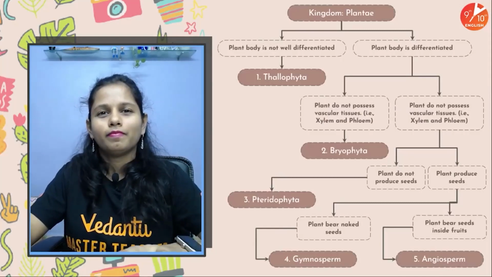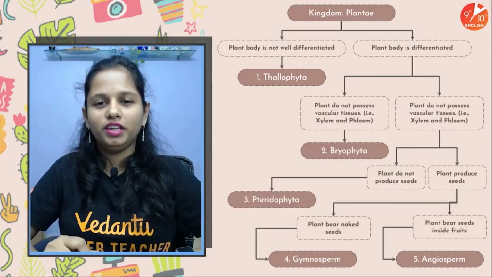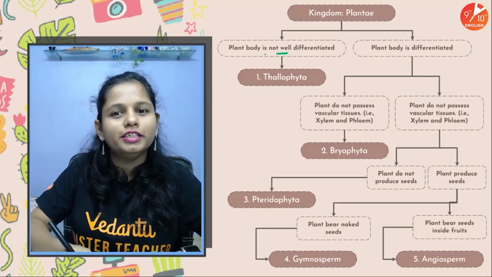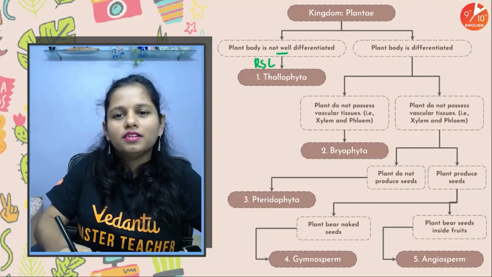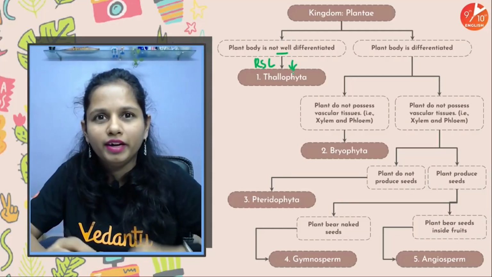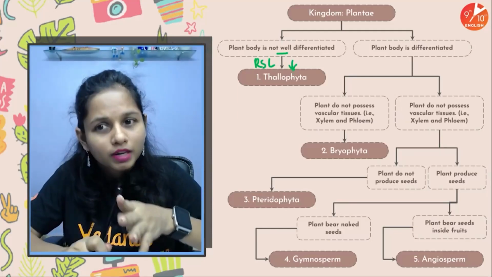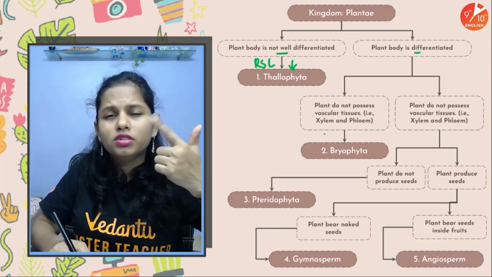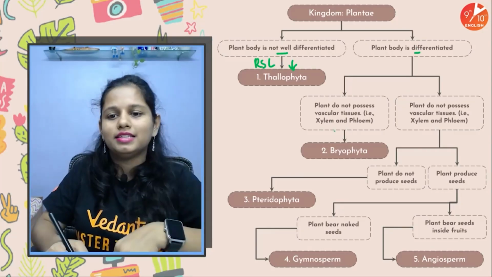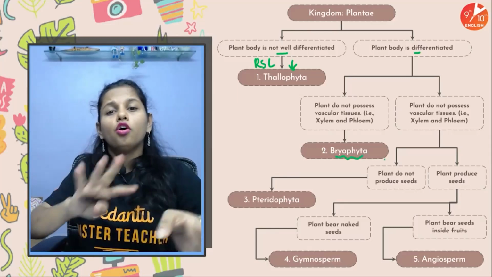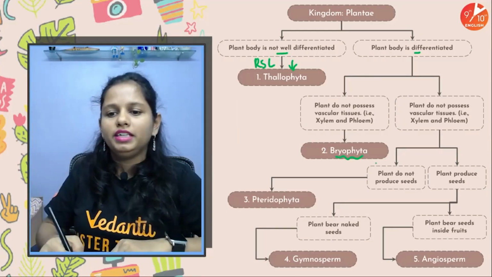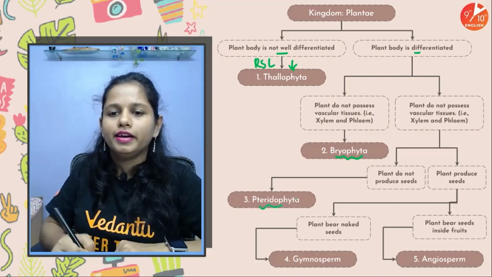So kids, the entire plant kingdom is very easy and simple to classify. If the plant body is not well differentiated into root, stem and leaves, then the plants are called Thallophytes: Spirogyra, Ulothrix, Chara, Cladophora. If the plant body is differentiated, it can have root, stem and leaf like structures as in case of Bryophytes, or the plant can have well developed root, stem and leaves, as in case of Pteridophytes.